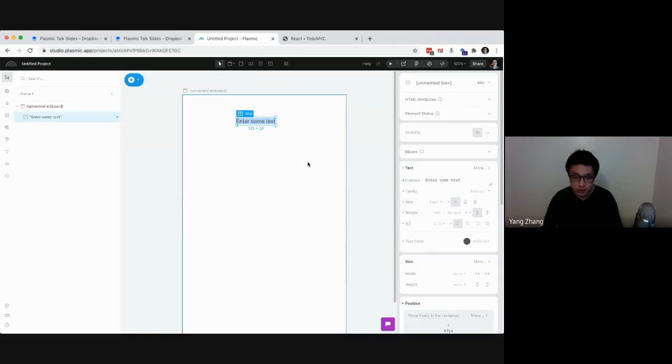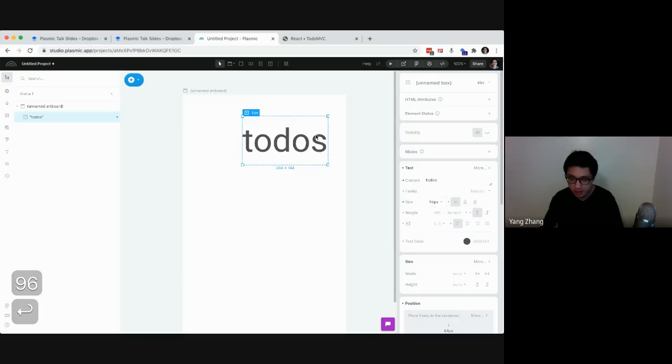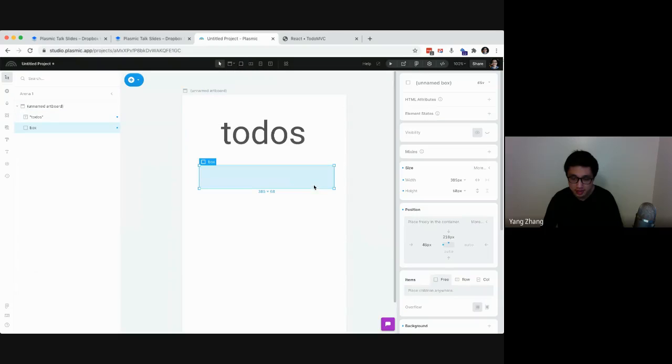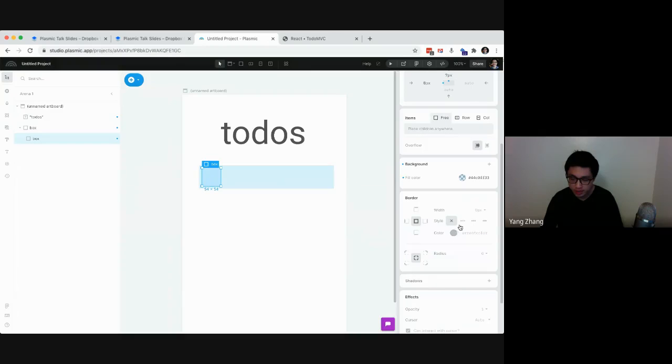But basically, the idea is that you can just start drawing things onto the screen. So I'm going to start by plotting some text. Oh, actually, I'm going to reveal my keystrokes here real quick. So I just plotted some text on the screen. I'm going to change the font size here to be like the title size. And maybe below it, I'll draw some box for the first task that I want to create. And maybe instead of there, I'll draw a box for the checkbox for that task. Maybe I'll make it,